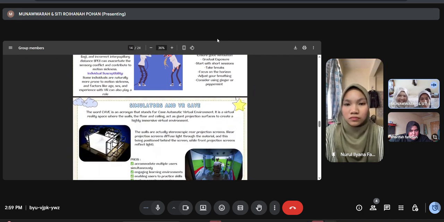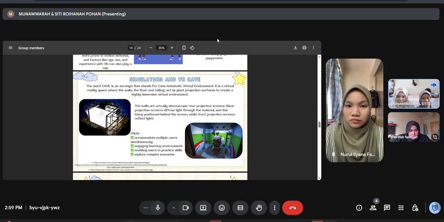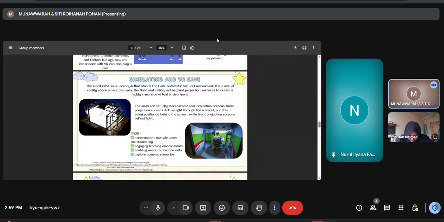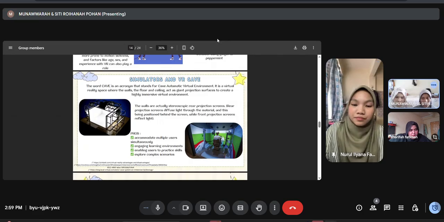All right. Next is simulators and VR CAVE. Actually, the word CAVE is an acronym for Cave Automatic Virtual Environment. So it is a virtual reality space where the walls, the floor, and ceiling act as giant projection surfaces to create a highly immersive virtual environment. The walls, as you can see in the diagram here, are actually stereoscopic rear projection screens. Rear projection screens diffuse light through the material, with the projector positioned behind the screen,